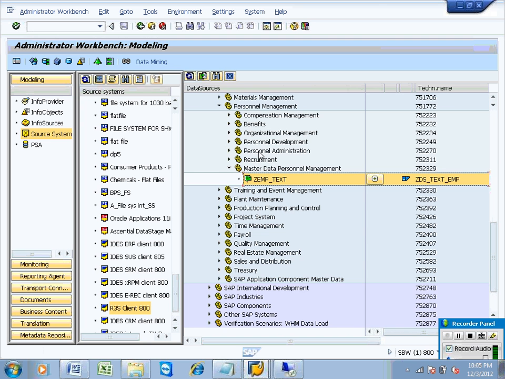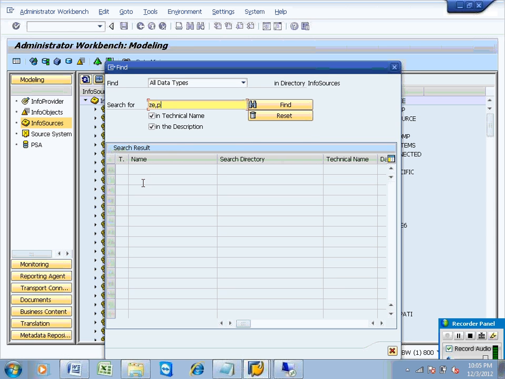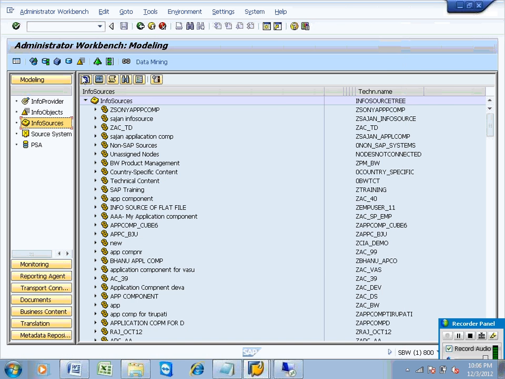Then go to info sources. What is your info source? GENPM44, correct? Give this info source name. Refresh once.